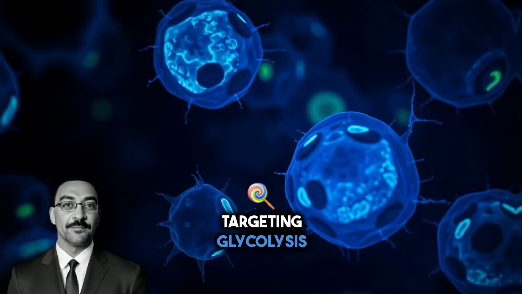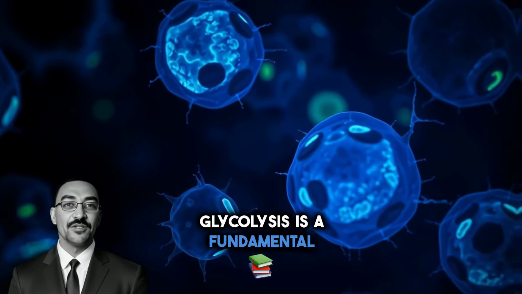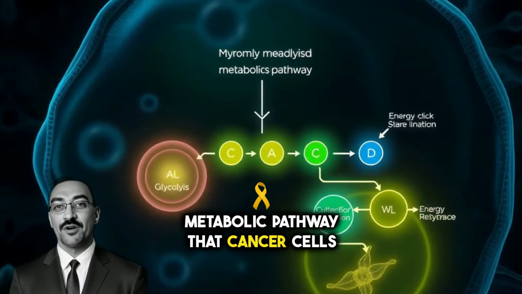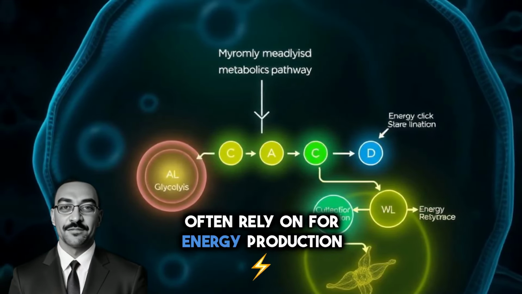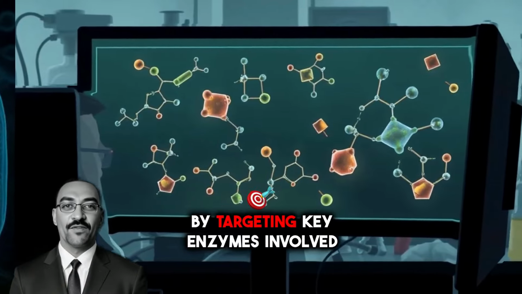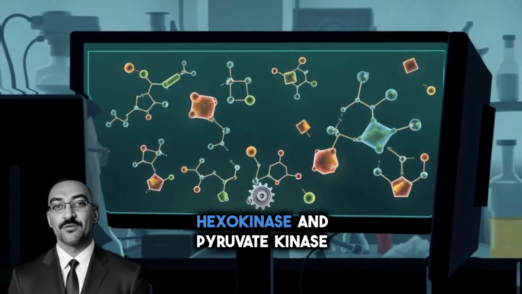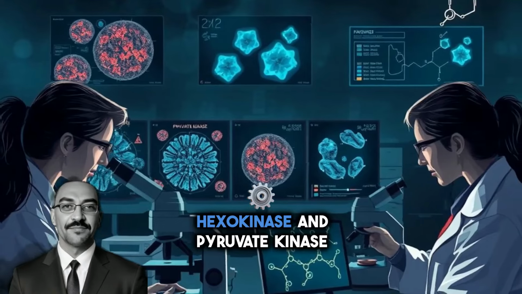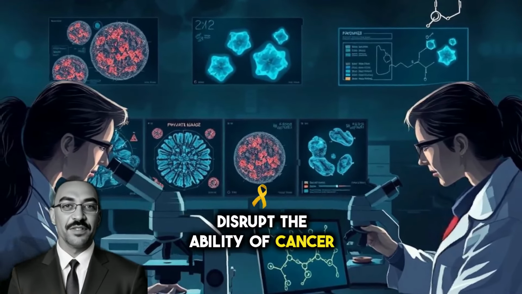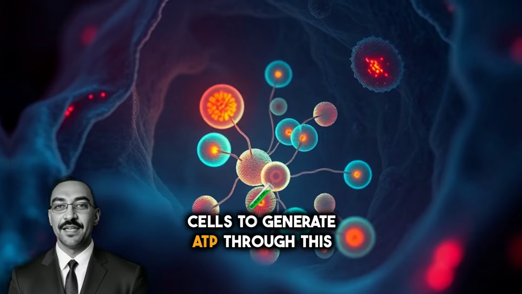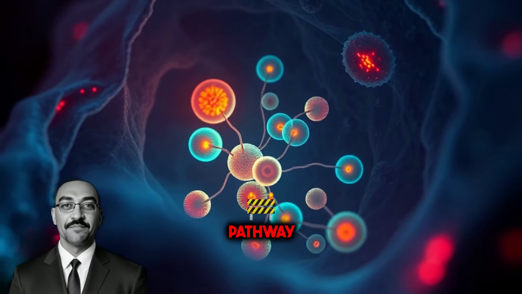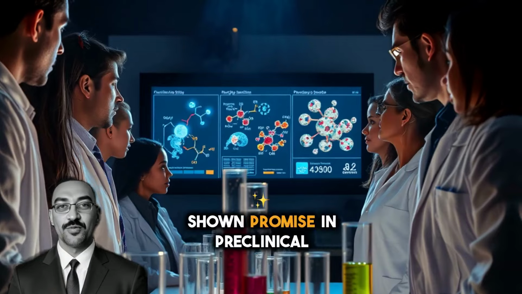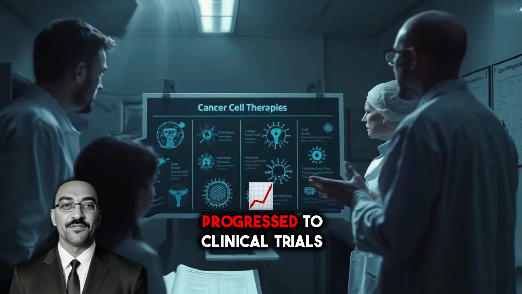Targeting glycolysis. Glycolysis is a fundamental metabolic pathway that cancer cells often rely on for energy production. By targeting key enzymes involved in glycolysis, such as hexokinase and pyruvate kinase, researchers have been able to disrupt the ability of cancer cells to generate ATP through this pathway. Inhibitors of glycolysis have shown promise in preclinical studies, and some have even progressed to clinical trials for various types